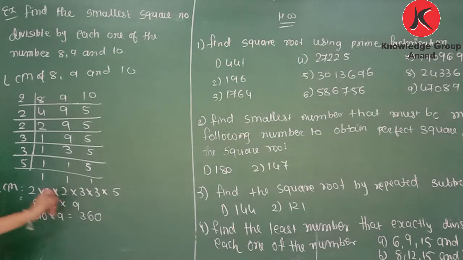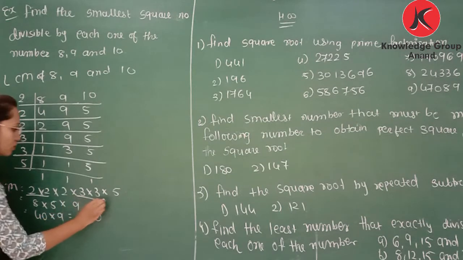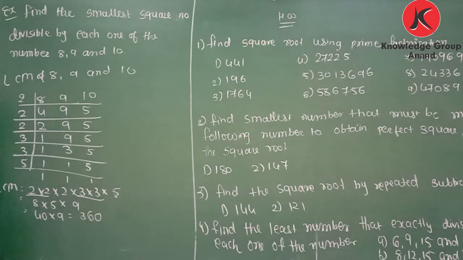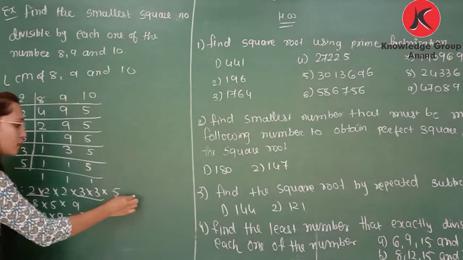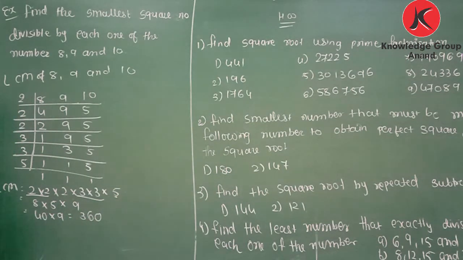But why? Because the factors of 360 are this. Now you can see 2, 3. But 5 and 2 are not in a pair of 2. How is a number a perfect square? If the factors are in pairs of 2, but these are the factors of 360 and not all factors are in pairs of 2. So here we should multiply it by some number. To get the pair of 2, we should multiply it by 2, and to get the pair of 5, we also need to multiply it by 5.